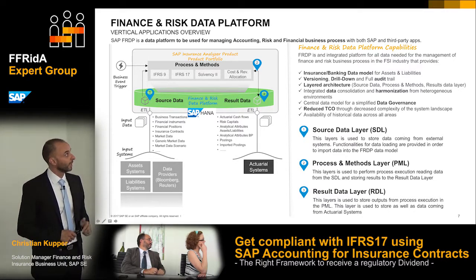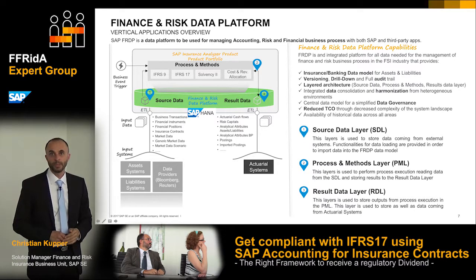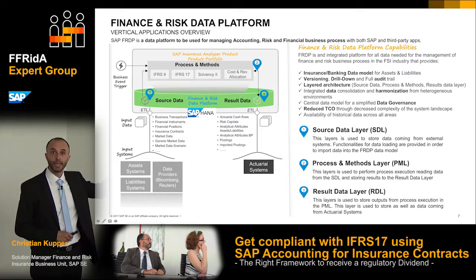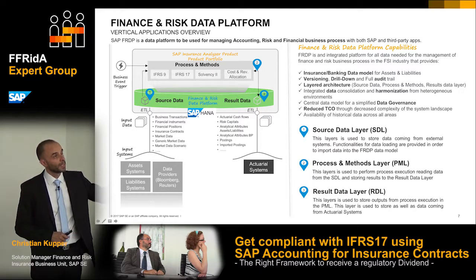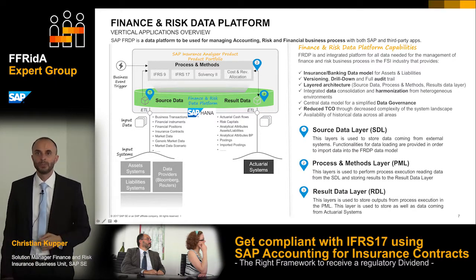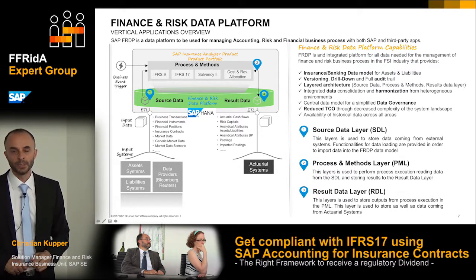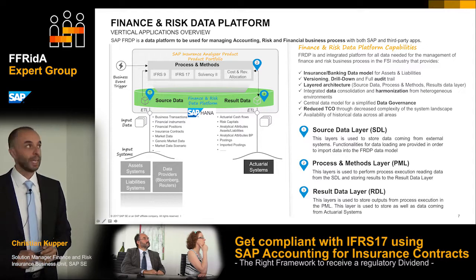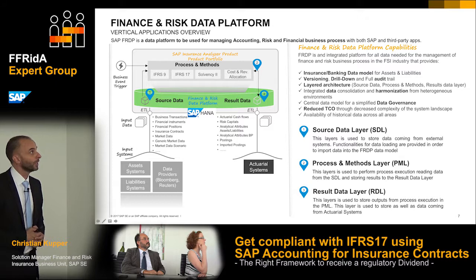We store it as well in the green layer, and based on this data, all the processes on top will run. It can be IFRS 9, IFRS 17, Solvency, and so on. So as said, the green layer was built with the DNA of an accounting system. On the right-hand side, you see some of the advantages you get with the green layer. The most important thing is really this audit trail versioning.